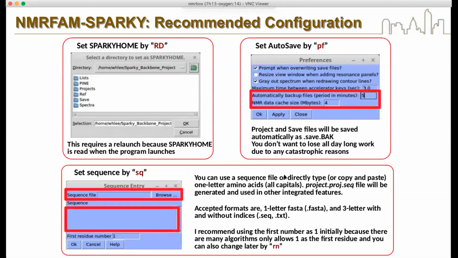And there are some features that I always promote to users to save your time and make your life a little easier, such as setting the Sparky Home. Sparky Home is the working directory. Once you open NMRFAM-SPARKY and you're starting a new project, you want to set Sparky Home by typing capital O, capital E,